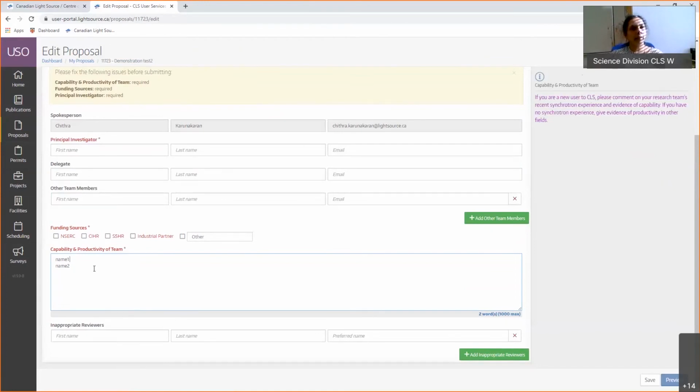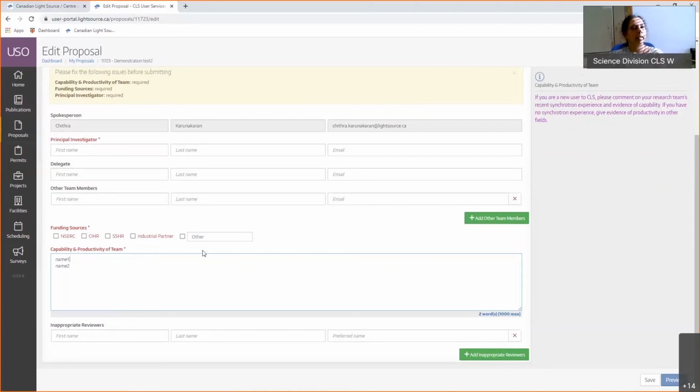What the peer review committee is looking for is that the team is capable of answering what you're proposing. So technical capabilities, their experiences, how you can complement the skills. Another thing, if you're a graduate student and a postdoc is working with you, what your involvement will be. Say you will be collecting data, you'll be analyzing data, and the postdoc will give you some help on the side, or they will be doing theoretical work which will support your experimental work at the CLS. These are the things you have to take the time to write here.